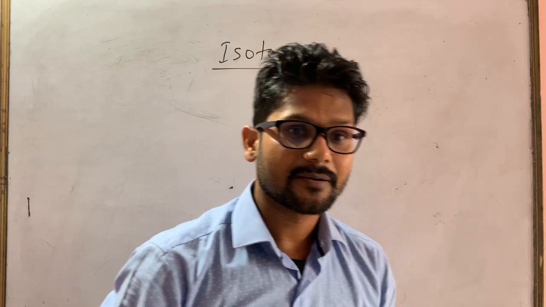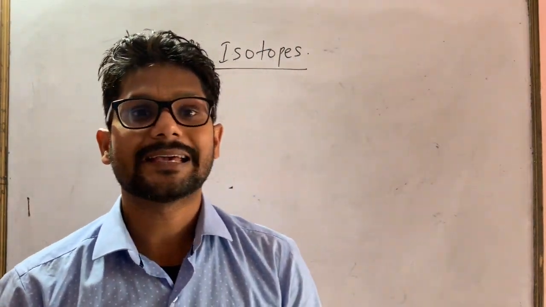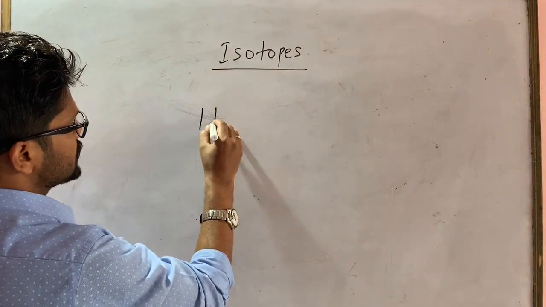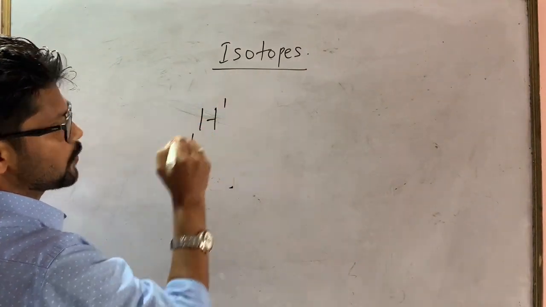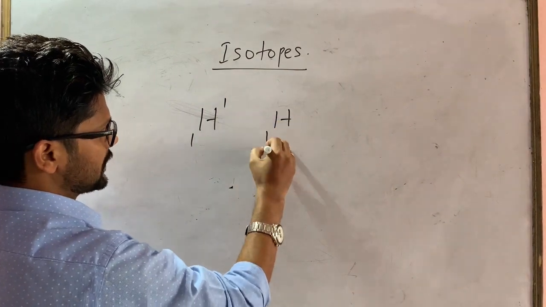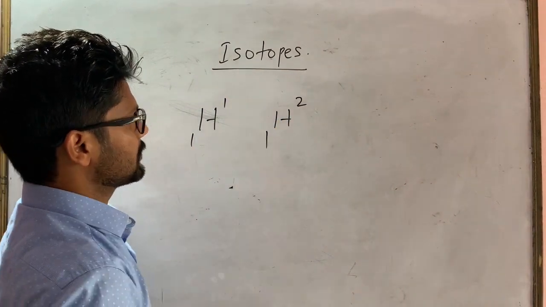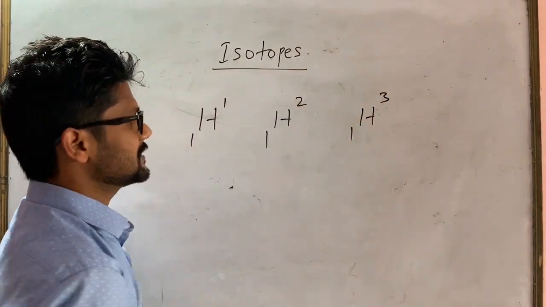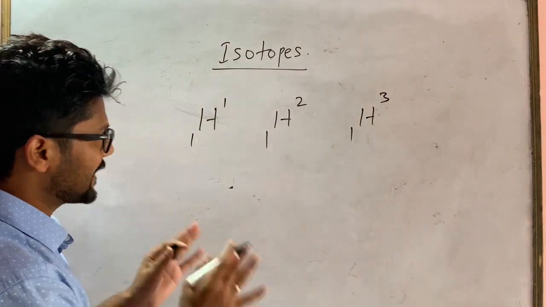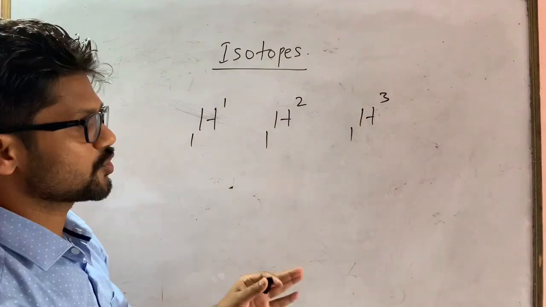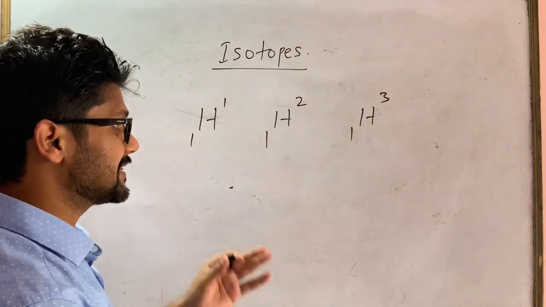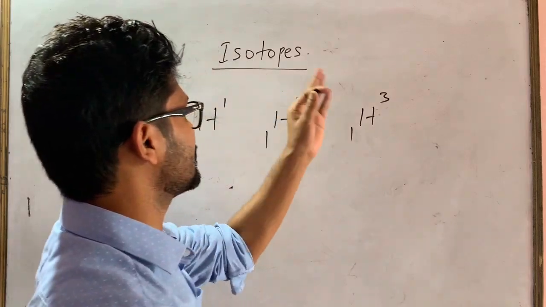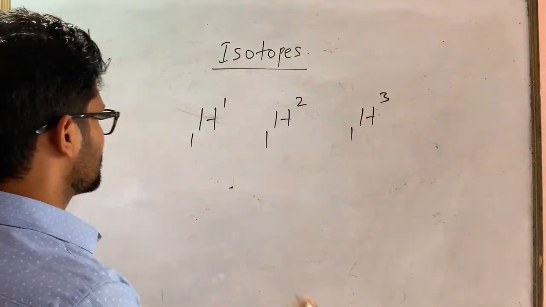I will be dealing with this topic by taking examples. So let's see. As we know, the hydrogen atomic number is 1. Another hydrogen has atomic number 1 and mass number 2. One more is H with mass number 3. Now write the electrons, protons, neutrons and mass number for each, and see what the differences are, and after that I will explain what an isotope is.